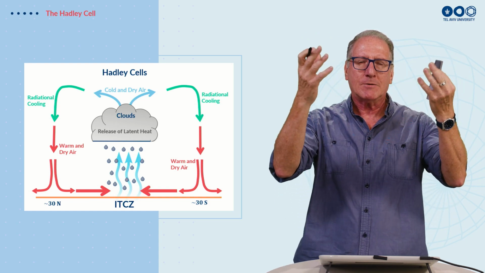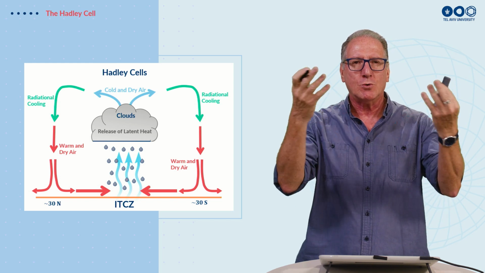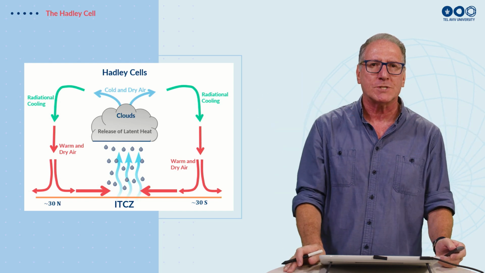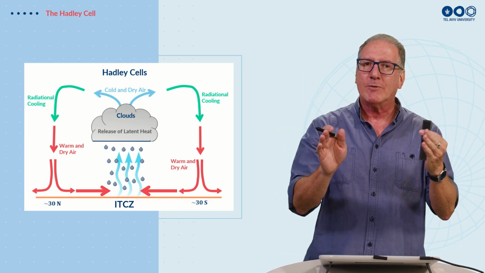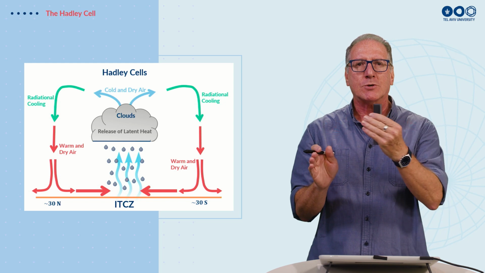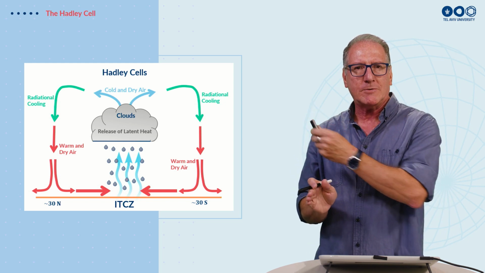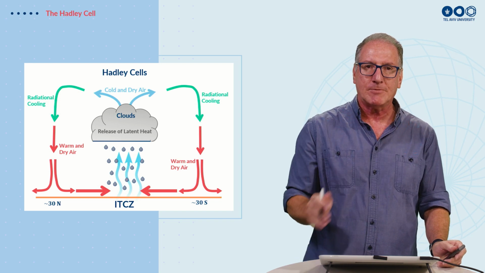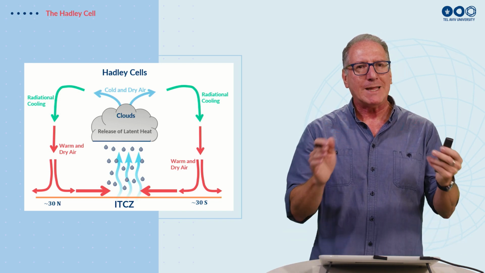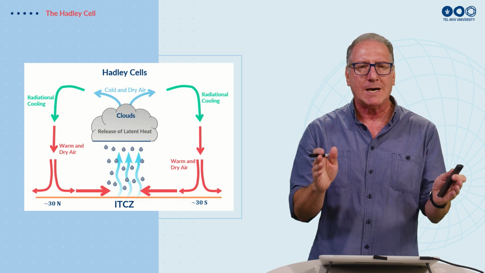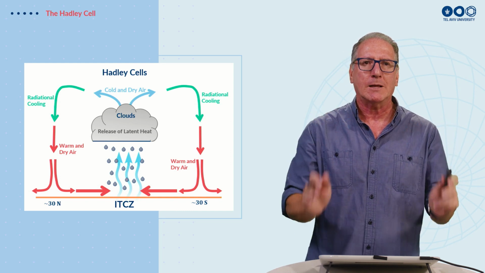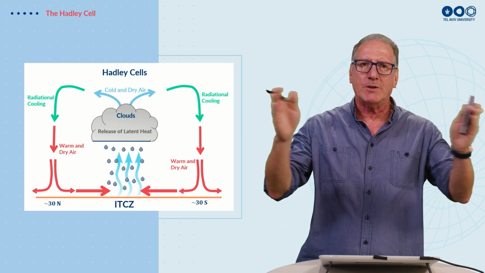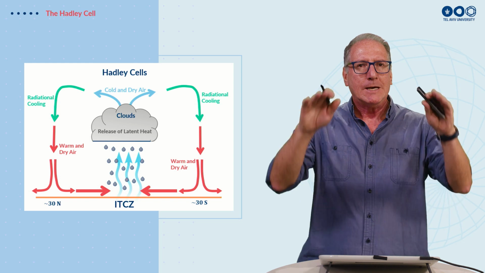So the air which is coming out, firstly, is much colder because it cools as it rises, but it's also very dry. This air starts to move north and south. But again, we have Coriolis force. The air which is going to the north will be bent to the right of the direction of its motion. The air going to the south will be bent left of the direction of the motion. And by the time it reaches about 30 degrees north and south, the winds will be more or less parallel to the latitude. So the winds don't go any further than 30 degrees north and south, and then they start